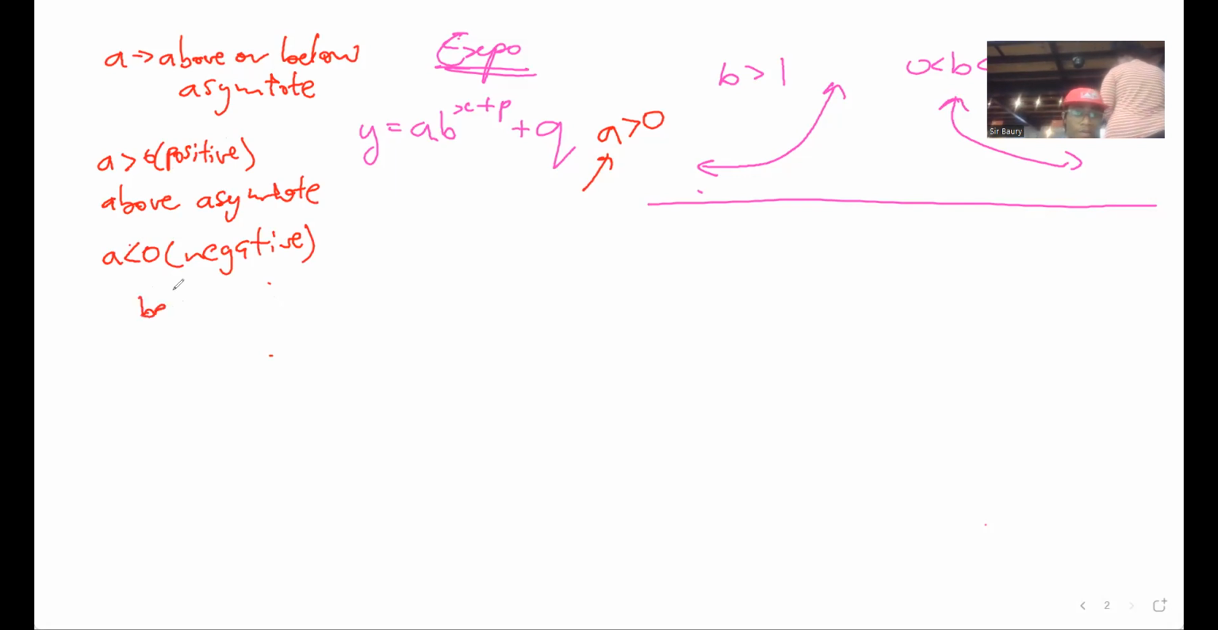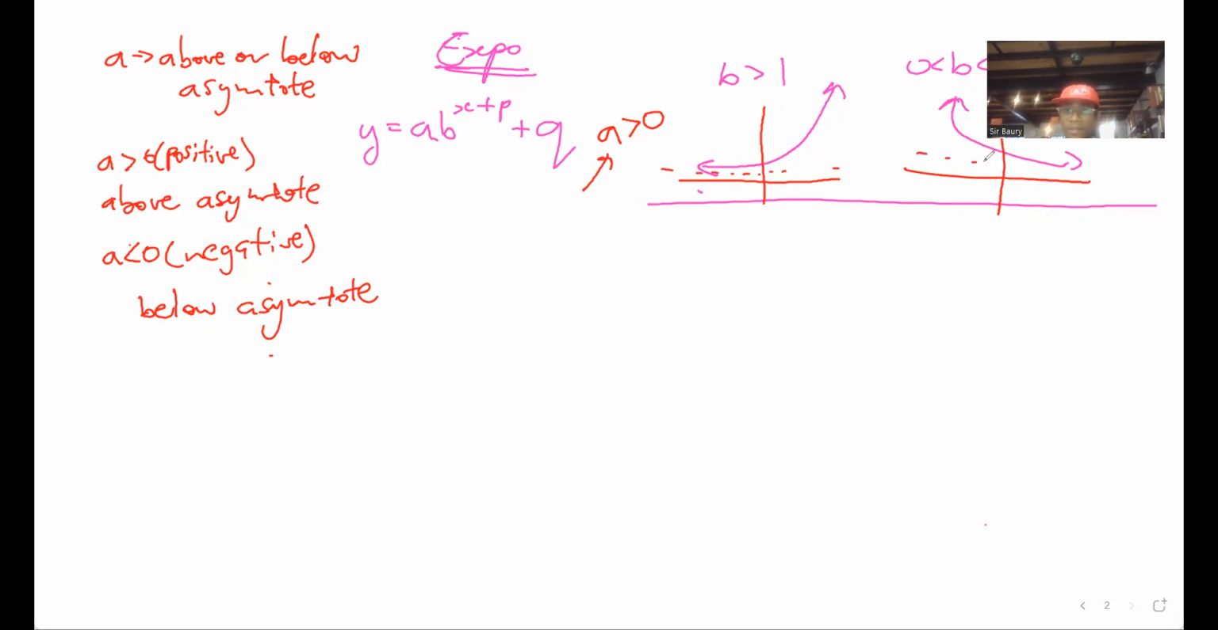So it's going to be below the asymptote. This is above the asymptote. That's what you're going to have, right? So I can have a Cartesian plane like that one, then I'll have an asymptote there. Here also I'll have the asymptote there. Or I can have it like this, with the asymptote here. It doesn't matter with the x-axis, we just have to know that it's above the